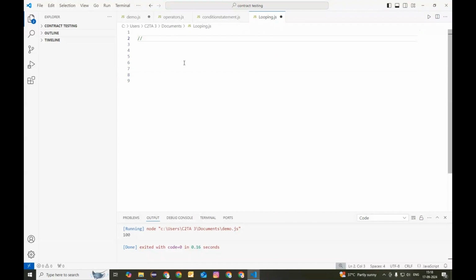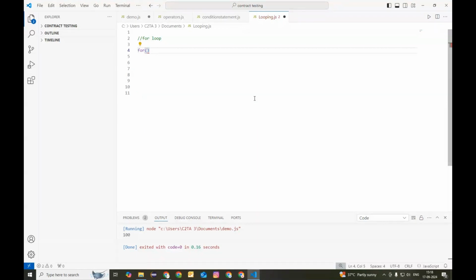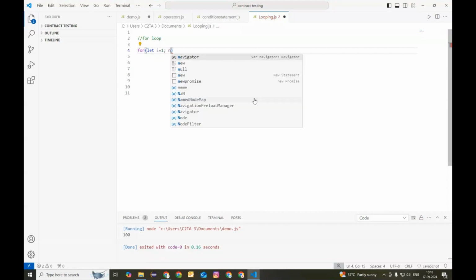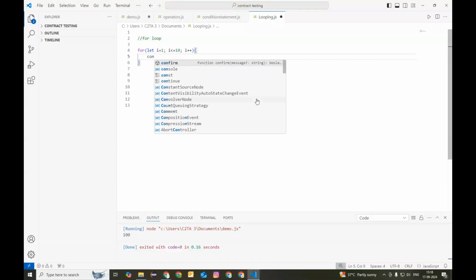Okay, now let's see the first one, the for loop. For that, I'll first initialize. Before that, I'll enter the for loop. For let i equal to 1; i less than equal to 10; i plus plus. Okay, console.log